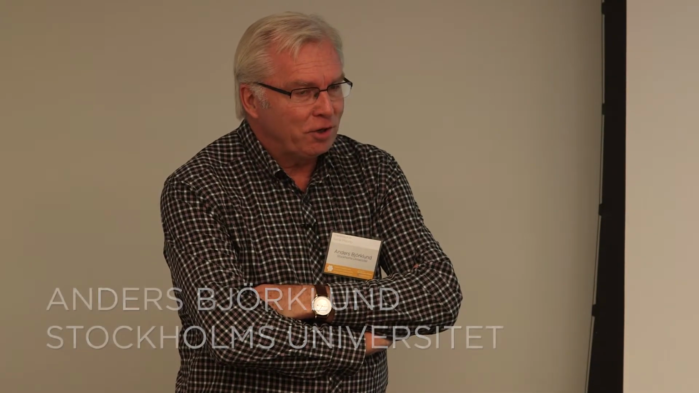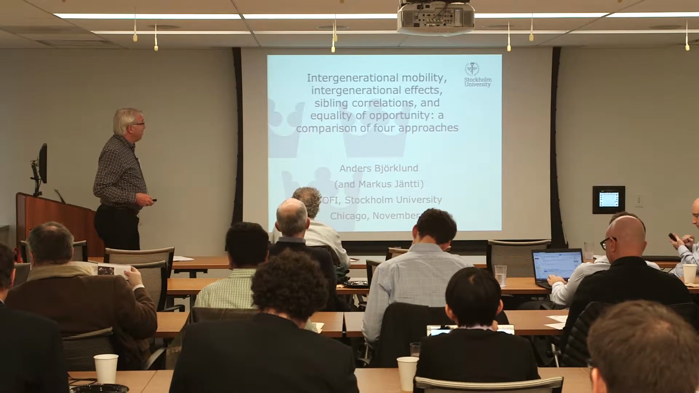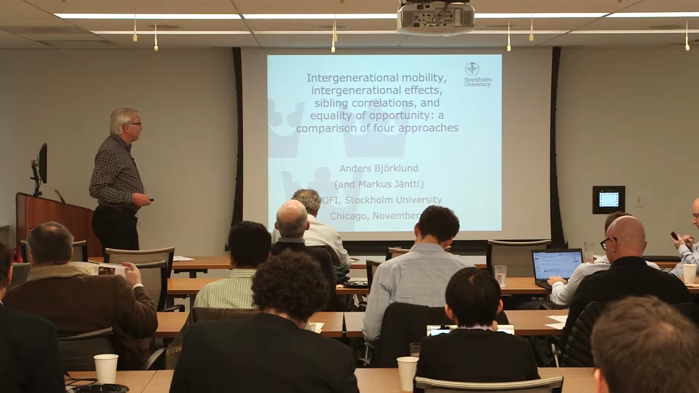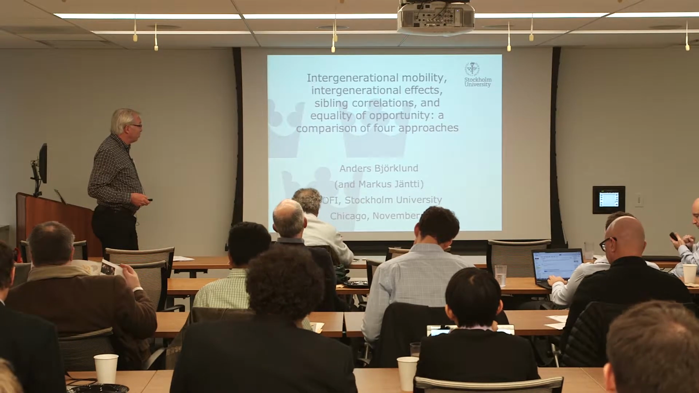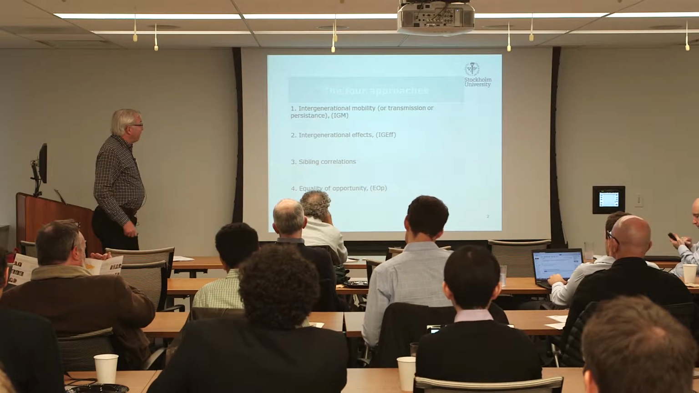It's kind of an unusual presentation for a conference or workshop because it's based on rather like an essay that discusses different approaches to studying the role of family background, and I'm very eager to get comments on this. So it's a long title: Intergenerational Mobility, Intergenerational Effects, Sibling Correlations and Equality Opportunity, a comparison of 4 approaches. And the approaches are in the title, and